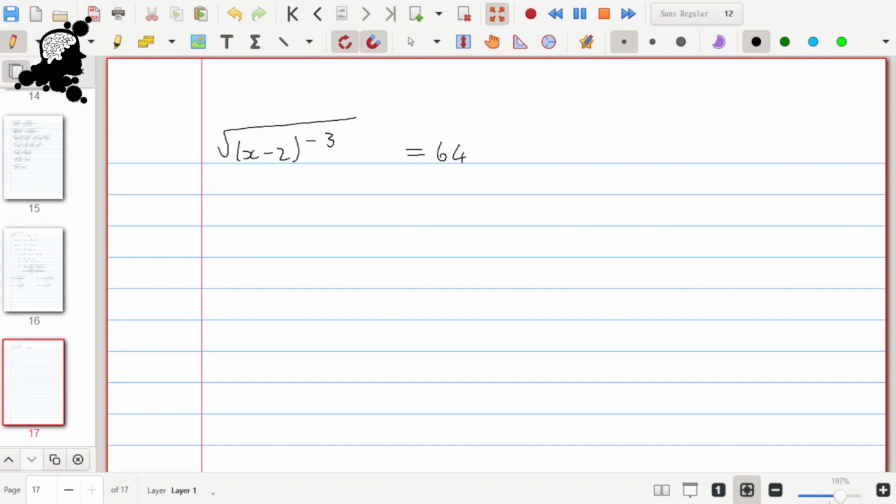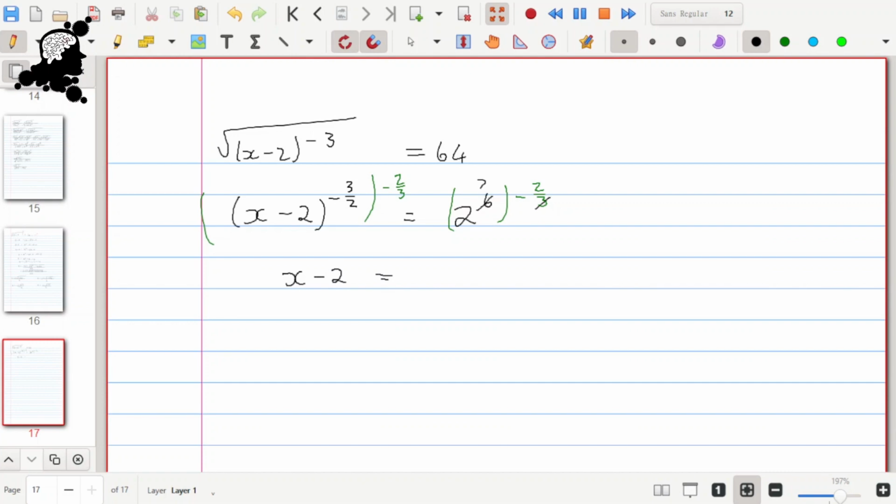So first things first, how about I write this first part in exponential form? This is going to be x minus 2 to the power minus 3 over 2. 64 as a prime number is going to be 2 to the power 6. I can raise both sides to the power negative 2 over 3. Raise this to the power minus 2 over 3. So what we're going to be left with here is x minus 2 is equal to, let's see,